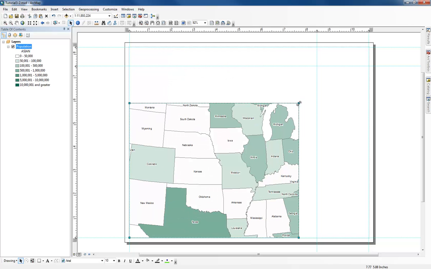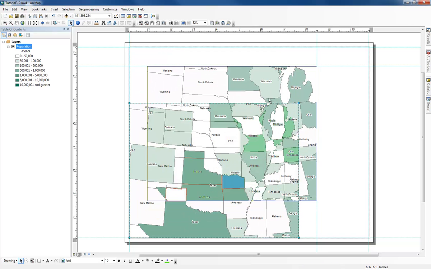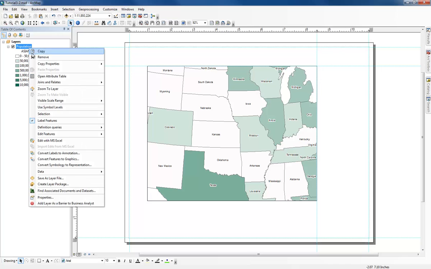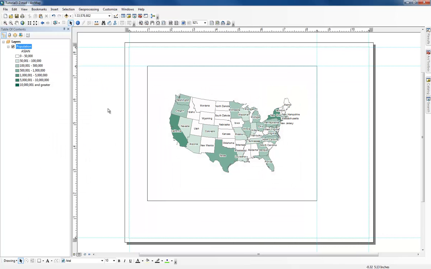Apply, click OK. I'm gonna move this map to the intersection of those two grid lines. I'm gonna right click and say zoom to layer, maybe